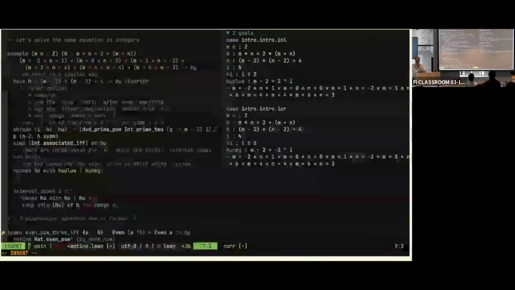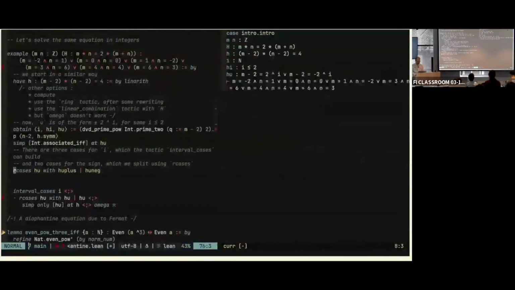One where m minus 2 is 2 to the i, and the other where m minus 2 is minus 2 to the i. When you use this semicolon stuff, it's always the time that you will be confused sorting out what's happening, because the same code is applying in every case, so the error messages can come from all over the place. But when it works, it's cool. And usually what I did is really having 10 proofs and then squeezing them into this. Not exactly 10, but